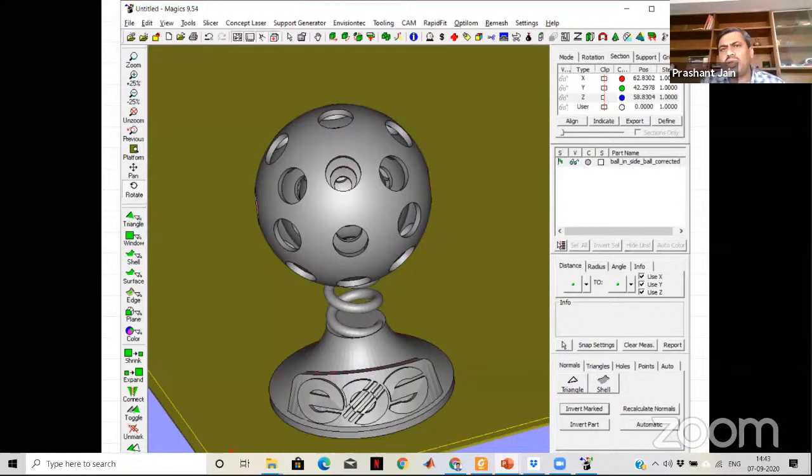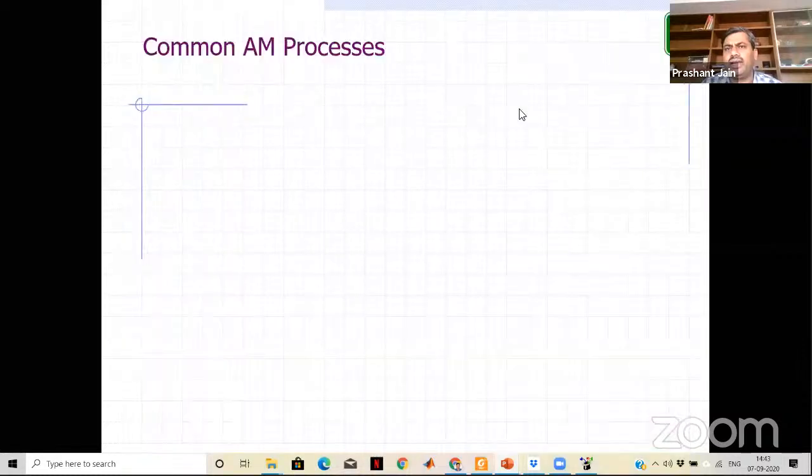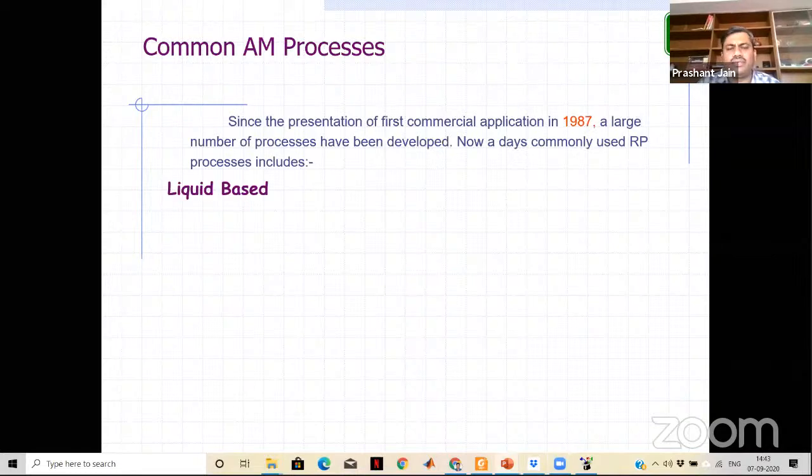Now we move to some common additive manufacturing processes, right? So we have a broad classification of these processes. We have liquid-based processes, for which we have the stereolithography process.